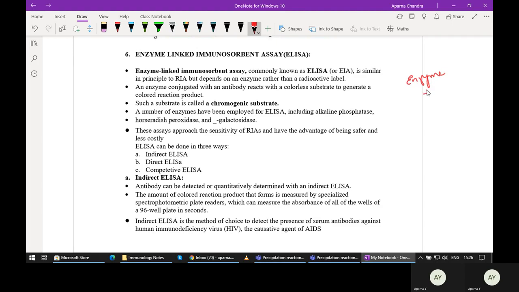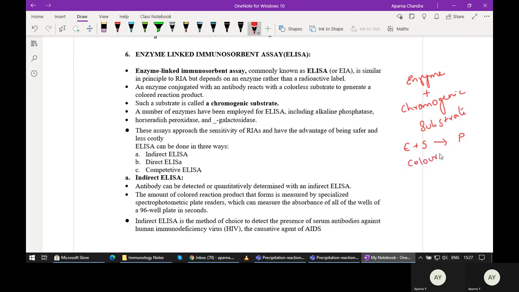We are taking an enzyme and adding it to a chromogenic substrate. I am using the term chromogenic substrate. It means what? Chromo means color imparting substrate. So when the enzyme binds to its substrate, it results in the formation of a product. This you know. So when you are adding an enzyme to a color imparting substrate, that is a chromogenic substrate,